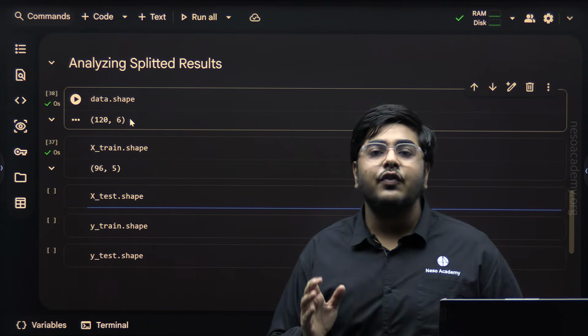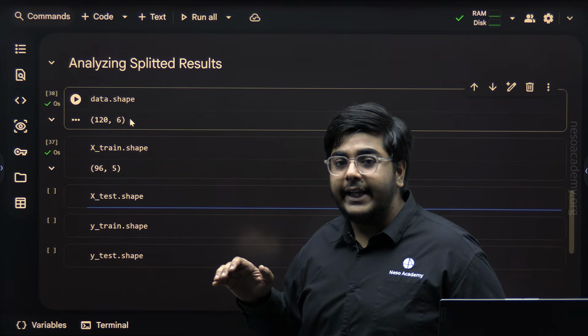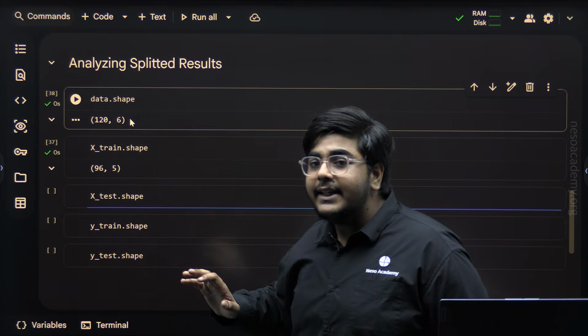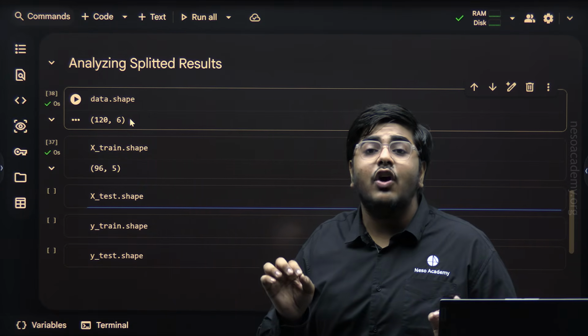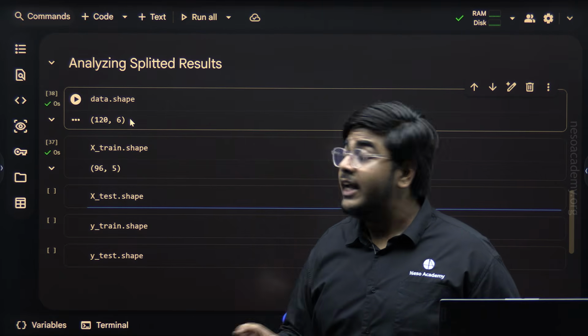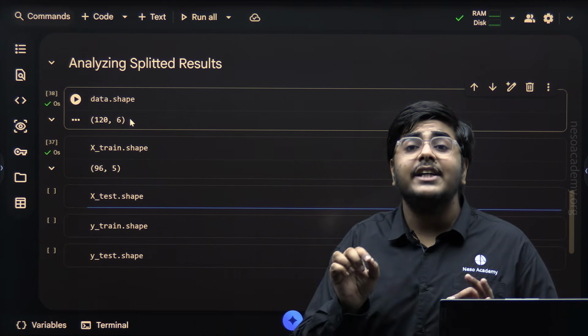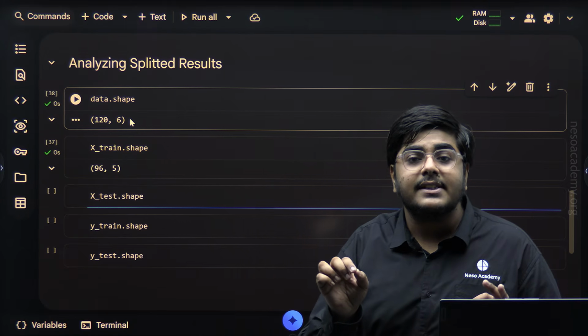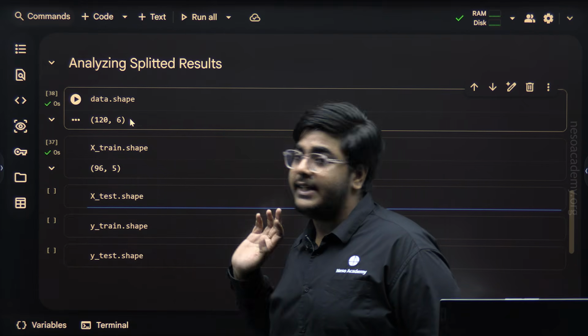Because the total number of rows is 120. After splitting into training and testing datasets, the training dataset will only contain 80% of the total available rows. If the total is 120, then 80% of 120 is 96. That is why we are getting only 96 rows in the training dataset.